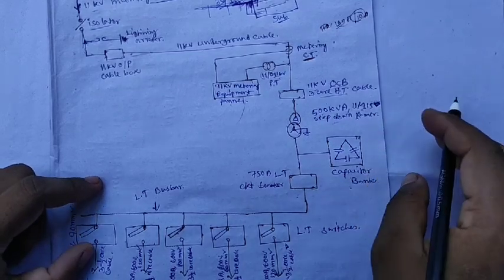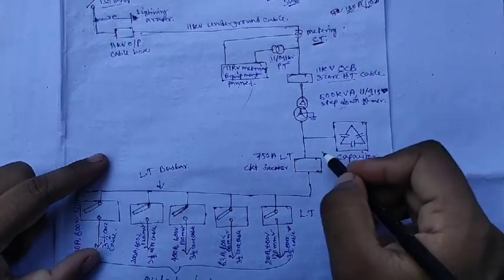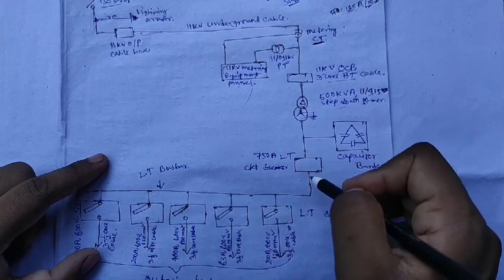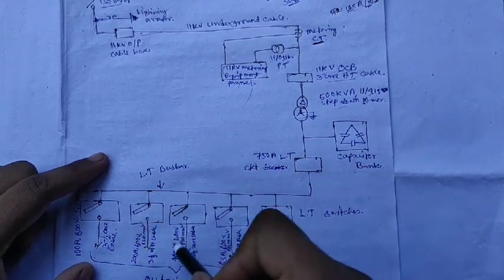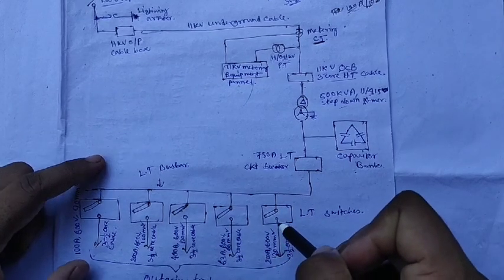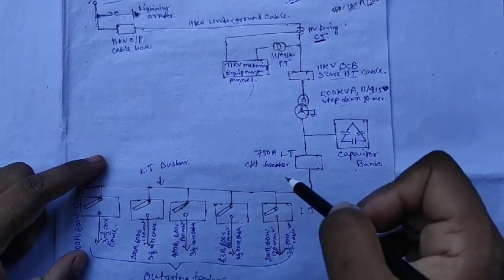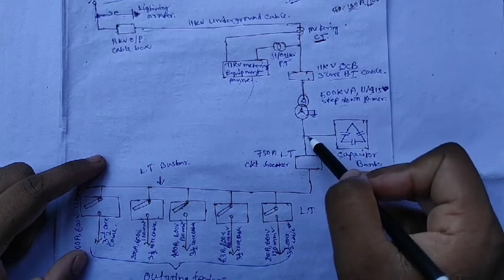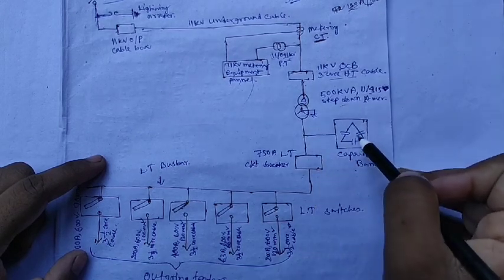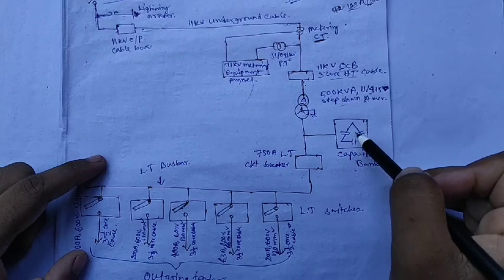Okay, so after the transformer, this line is connected with the capacitor bank. Why do we use the capacitor bank? To improve the power factor of this load. Because if the power factor decreases, this is the load. We will also discuss this in detail in the load topic. Okay, so the capacitor bank is connected in series. Is this a star connected capacitor or delta connected? Okay, this is delta connected.